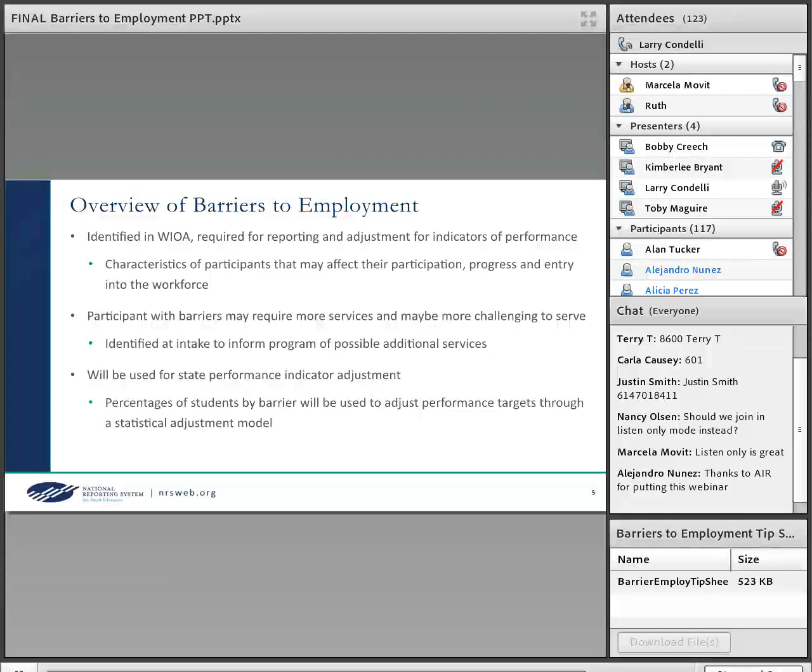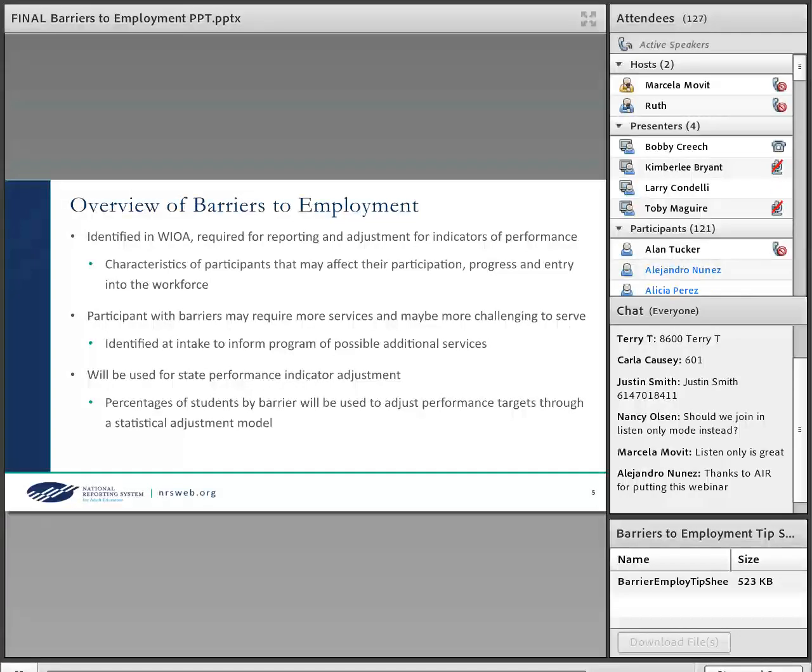And to go back to the other reason why we collect these, it allows us at the federal level to make adjustments to state performance through a statistical adjustment model, which I think many of you have been working on, especially state directors that may be listening, as you develop your performance targets for the next couple of years. So the percentage of students that you serve that have barriers is a factor in the model that is then used to adjust your performance, again in recognition that these learners may take longer and may have more challenges